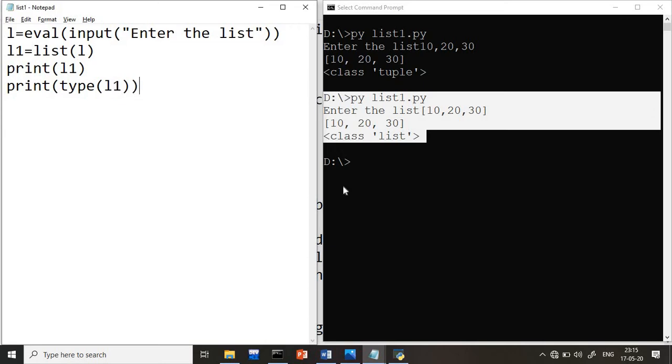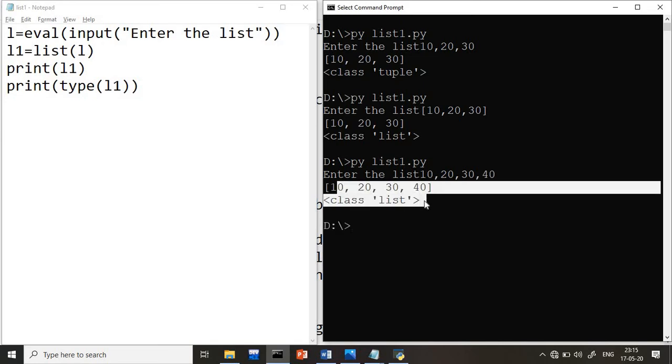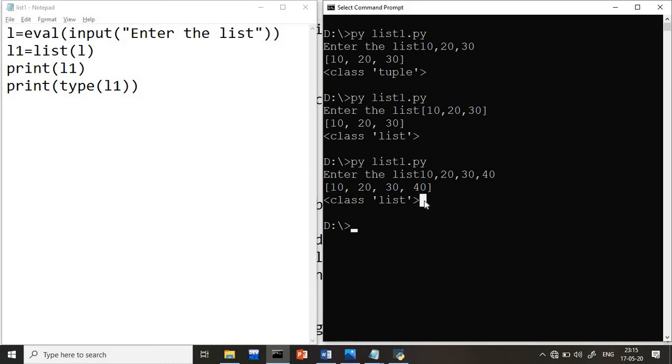Now you observe, I will just compile the program. I am not giving any square bracket. 40. But my data is in the form of what? List. So remember this thing. If you do not want to pass the square bracket, the one step you have to add is called the list function. Sir, I don't want to add an extra step, but still can I get the output?